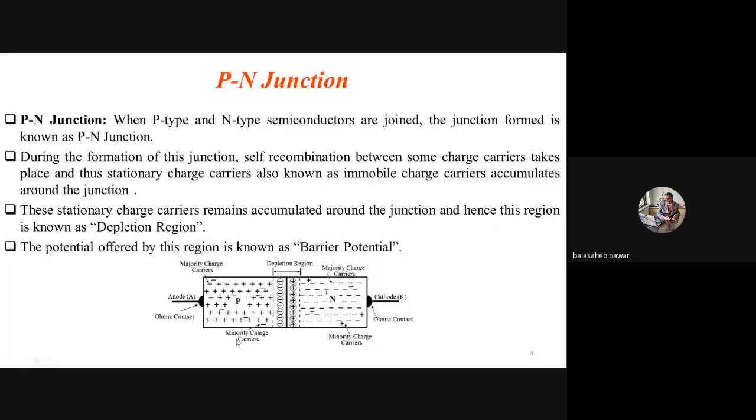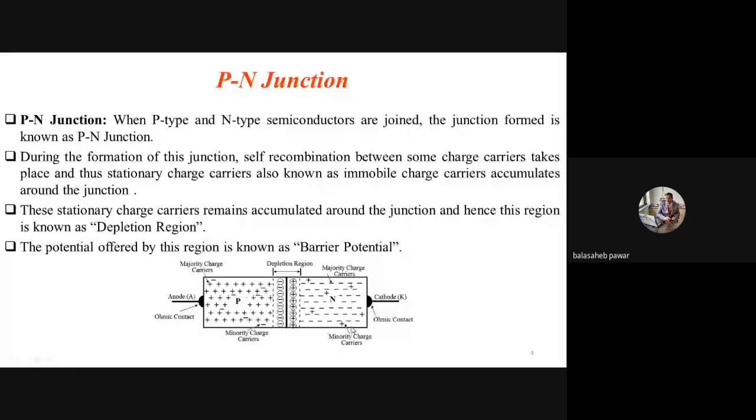Similarly, in n-type, the majority are electrons. The negative charge carriers, that is electrons, are the majority, and holes are the minority. So very few holes I tried to show here. So the holes are minority in case of n-type semiconductor, and electrons are the majority charge carrier. Is it clear or any doubt? I think all these things you already studied, I already told you from your school level, so no need to discuss more on this topic.